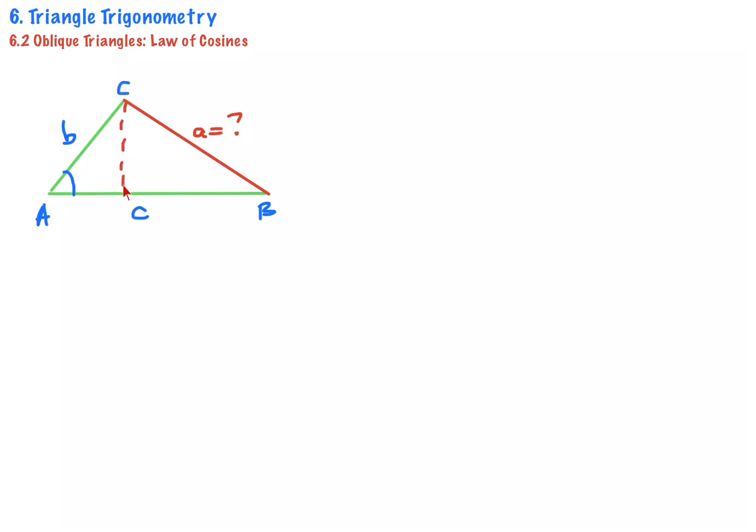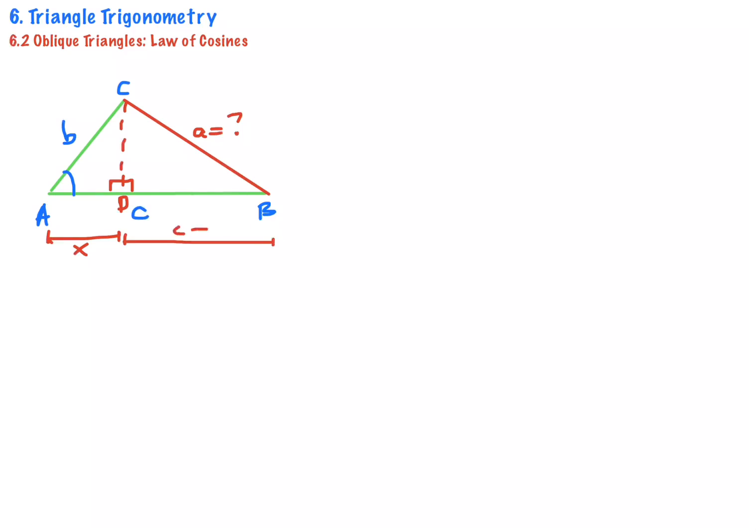So to answer this, let's try to make the altitude from point C. If we make an altitude line, then it will be a perpendicular line, of course. So it will create 90 degrees over here. So let's put it as D over here. So A to D, let's put it as X. And if this is X, and the length of A to B is C, then the length from D to B will be